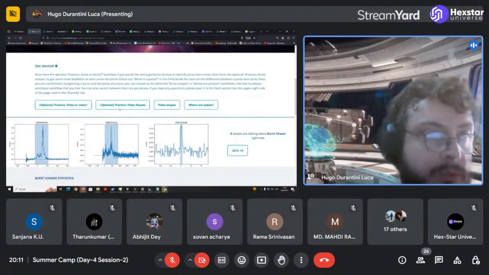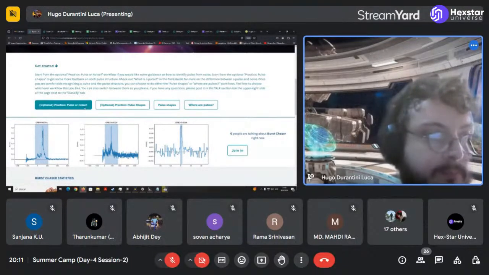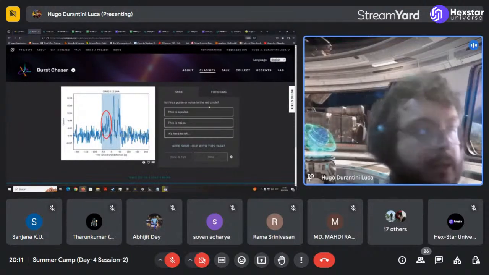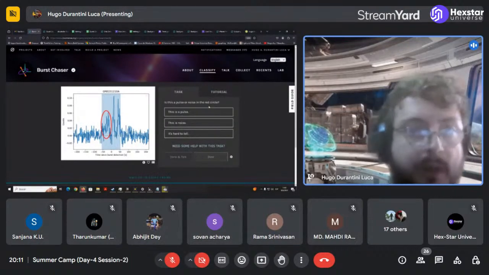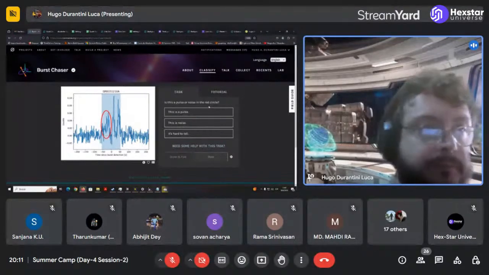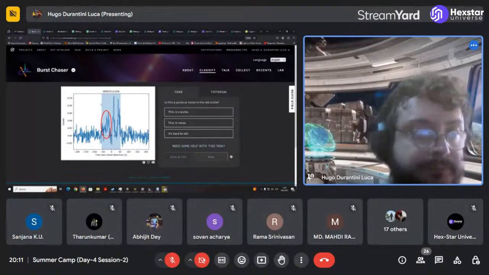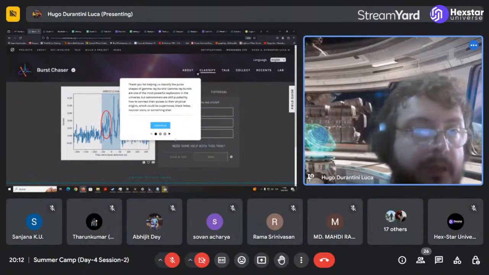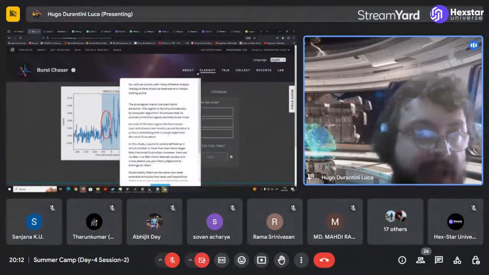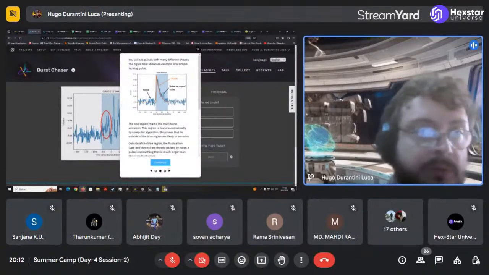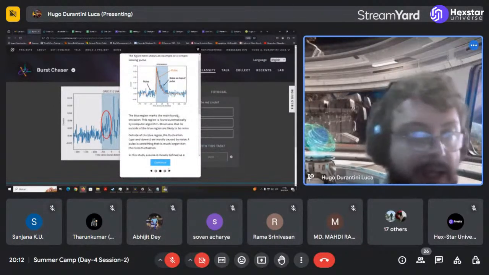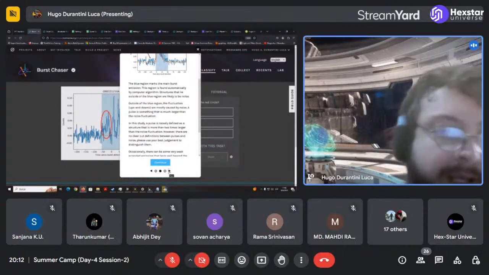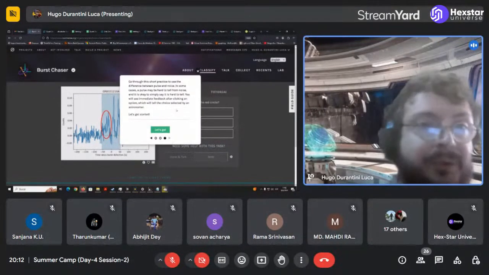So I'm going to go to the practice. That is my recommendation to start, aside from reading the about page, the FAQ, and so on. You can see that it's asking you, and you can have the tutorial also, how to classify the shapes and where there is a pulse, to differentiate it from the noise and from a possible false positive. I'm going to go quickly about this because we have several projects to talk about.